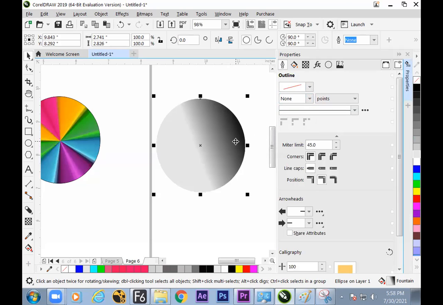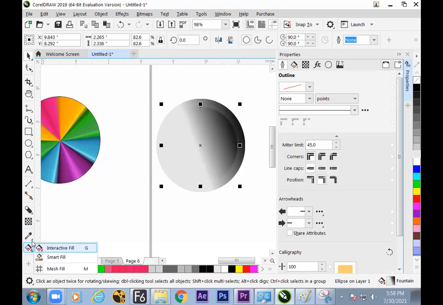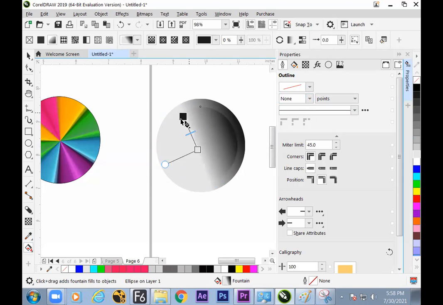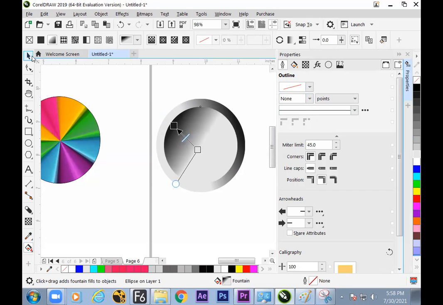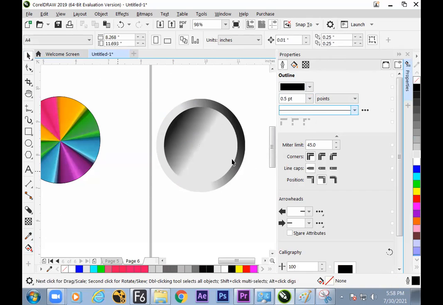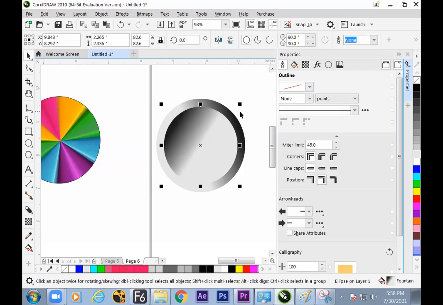Select the object and make a duplicate of it. Get the lock on and make it smaller. Now the beauty is here. Take the transparency tool, that is, the interactive filler, and change the direction. So you can start finding a depth on the screen. Do the same job repeatedly.